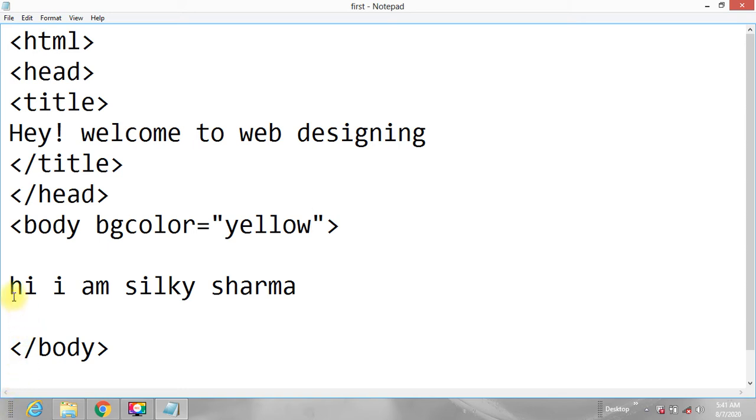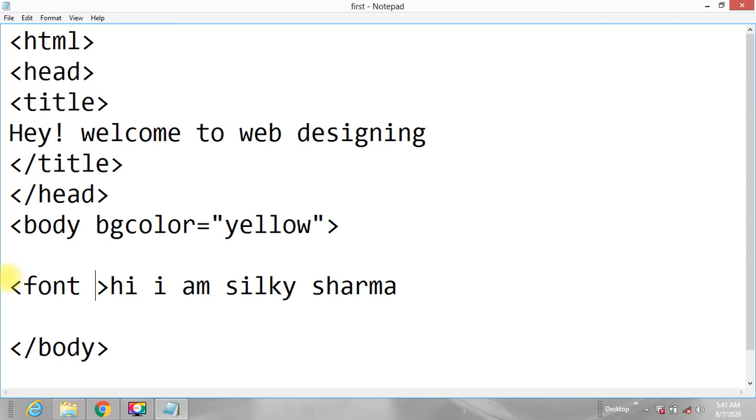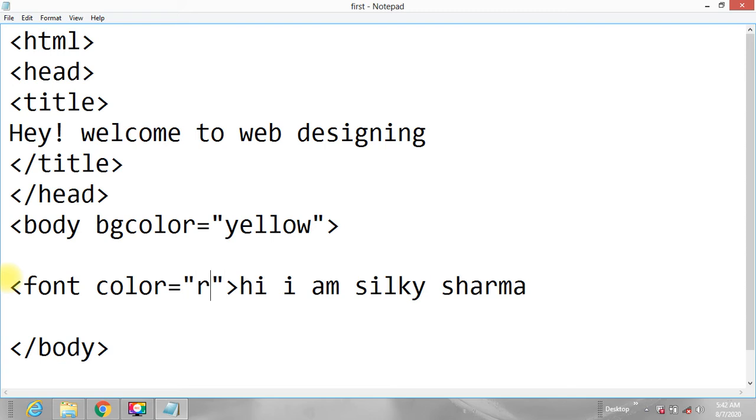So how can you change it? You can use the font tag, less than sign, font, and close this font. Now inside the font tag you need to set the color. Give font color, you want red color, so put red. Now I want only this text in red color.